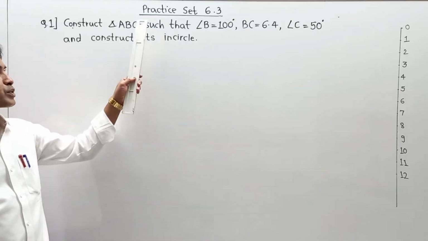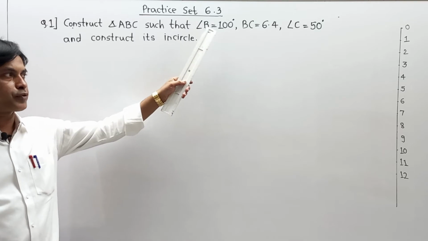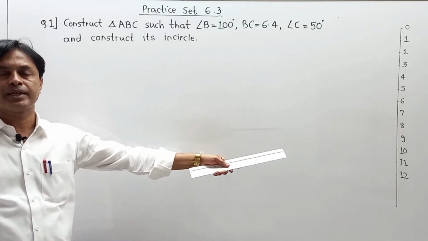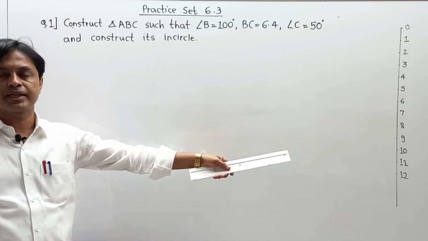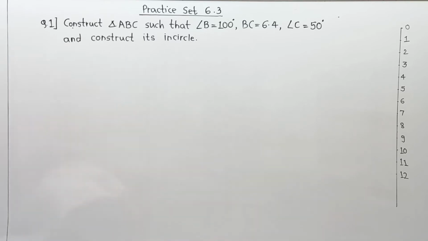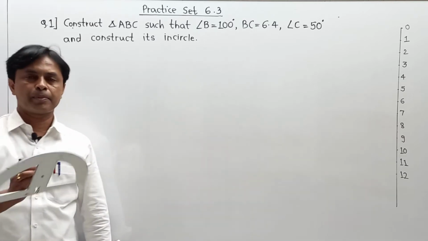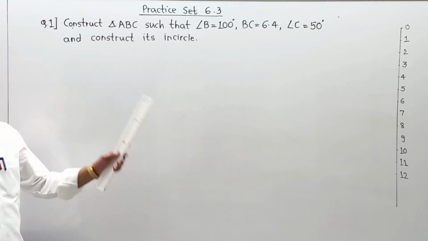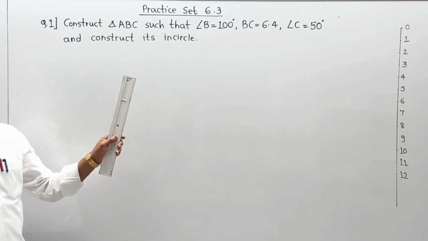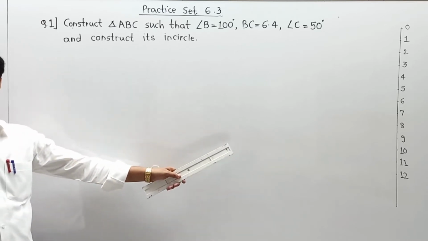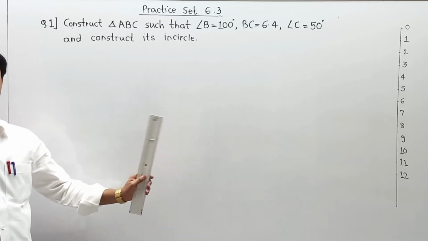Now students, we are going to start practice set 6.3. For the first part, we have drawn a line scale diagram over there, so we can take a measurement in terms of the distance of a side like 5 cm, 8 cm depending upon the problem. Secondly, we have an instrument to measure angles, and we are going to measure the respective angle with the help of the angle measurement unit, you can say protractor. For the other parts, in terms of angle bisection and so on, first of all I am going to draw a rough diagram in front of you, then the actual diagram, so that you can understand how to draw a diagram.